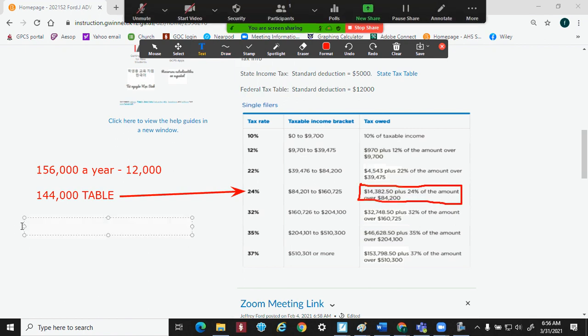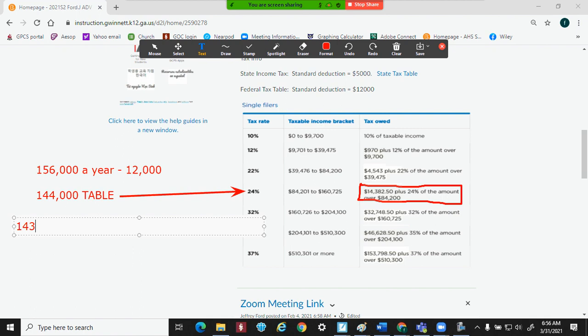Since it's the 24% mark, you're going to use the 24% formula here. I hope you remember from our first unit this semester, you're going to take the numbers that are in the formula. So 14,382 plus 0.24. Remember, there's two numbers that you subtract. The first number is the number that you looked up, which is 144,000. The second number is this 84,200 from the formula. So 14,382.50 plus 0.24 times parenthesis 144,000 minus 84,200. Once I press enter,